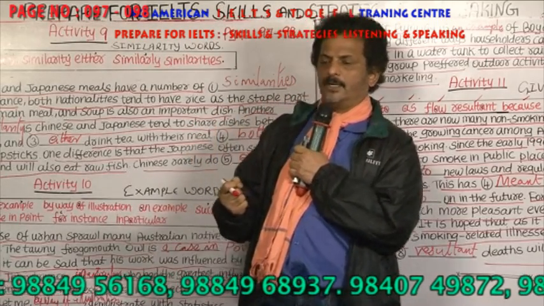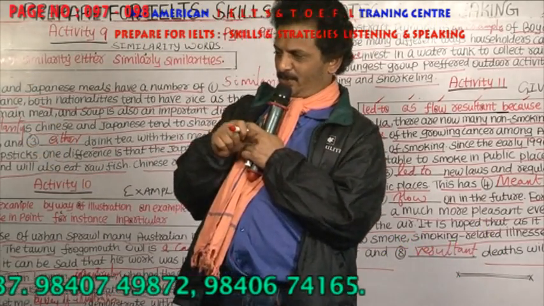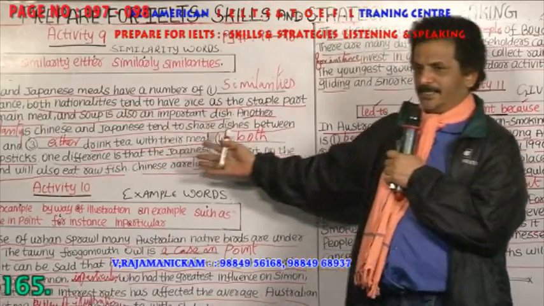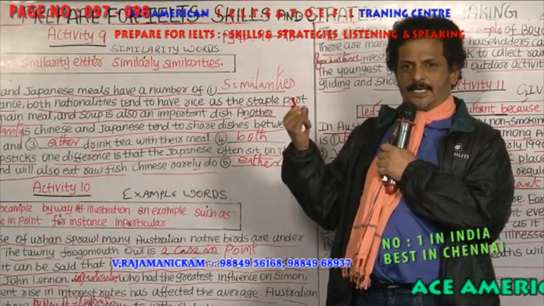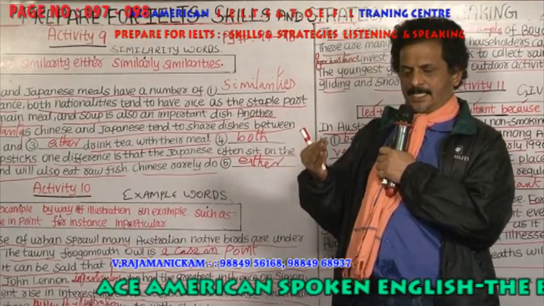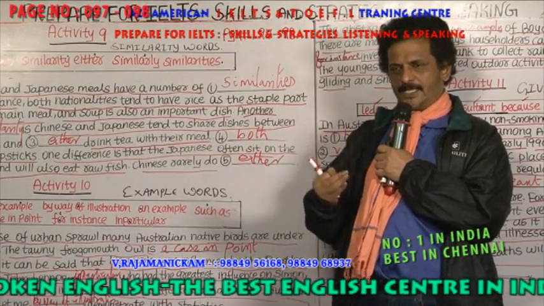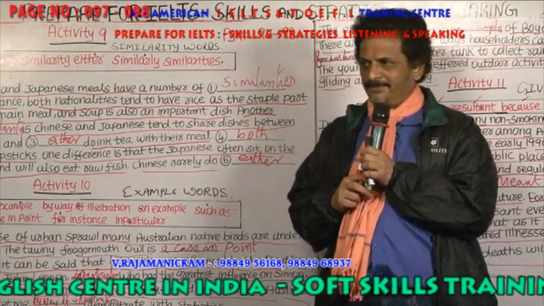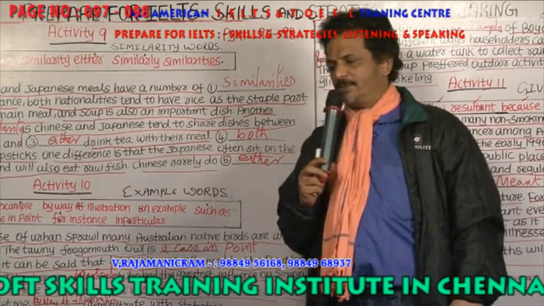Okay, now I request the IELTS takers to come forward. I request a young madam to come forward. She is going to the US, isn't it? You are going to write your IELTS exam next month. So, just speak this in your style, in fluency, grammatically correctly, using all the similarity words. So we check your grammar, we check your flow of words, we check your pronunciation, your fluency, how coherently you are arranging using all these words. Can you come here? Yes. So you introduce yourself and tell which country you are planning to go and what's the examination, when are you going to write, and tell about this topic.